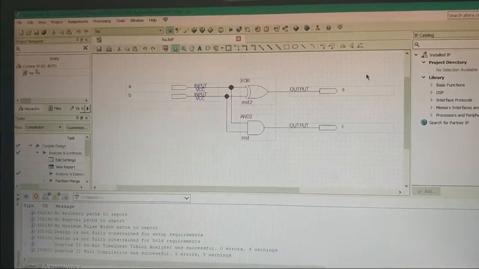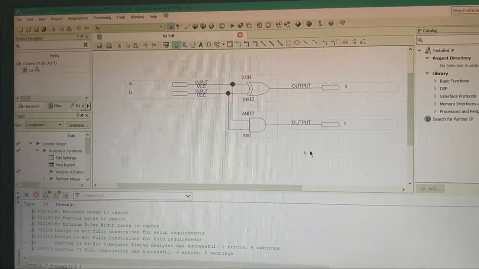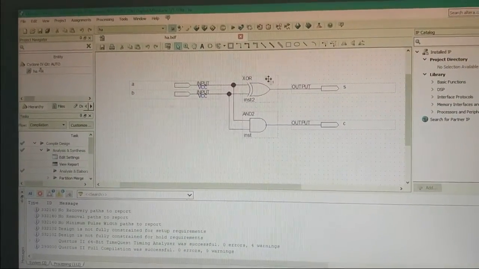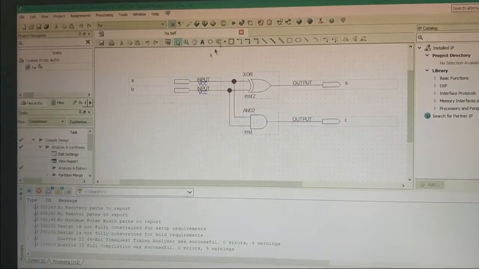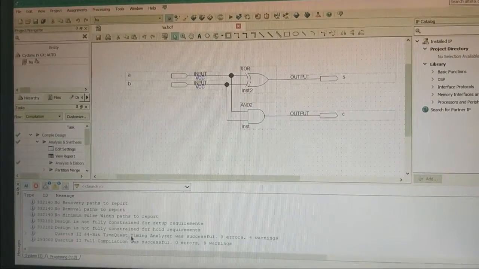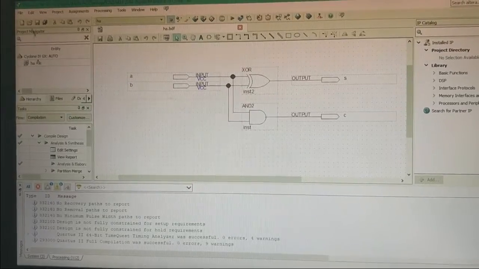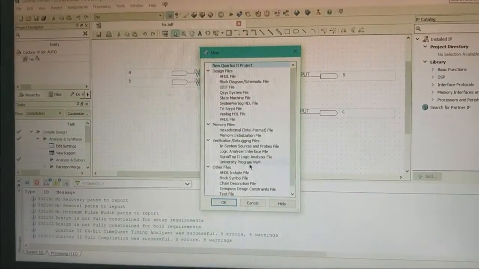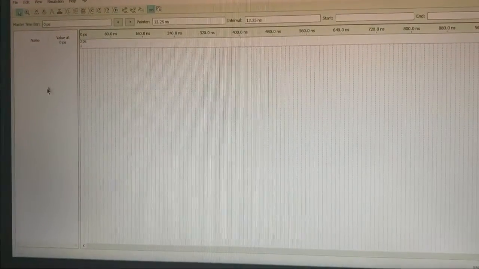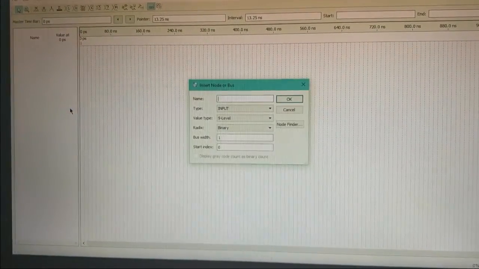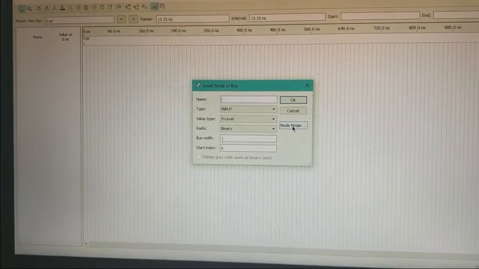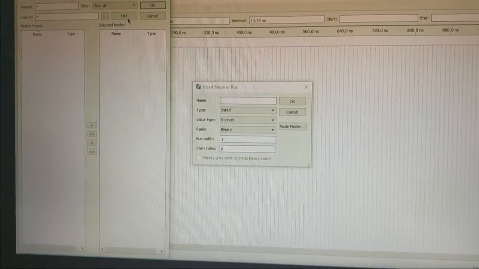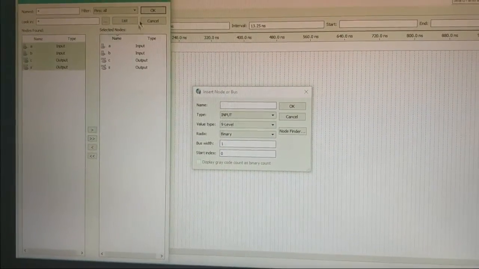So we first construct the schematic diagram of the half adder in Quartus, and then we compile it. After we compile it, if no errors, we will go to File and New. We open the University Program VWF. So in here, we start to insert the node in our schematic diagram,